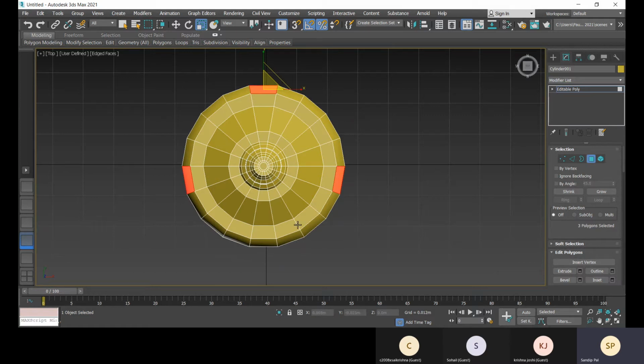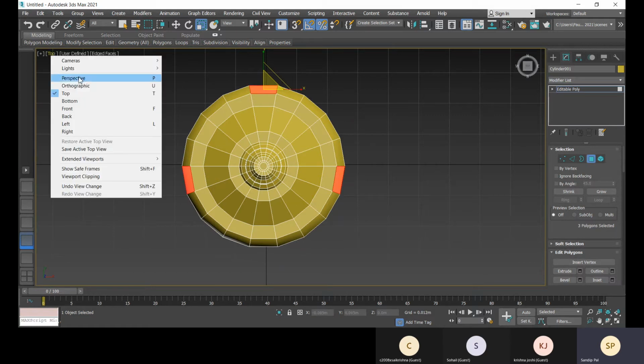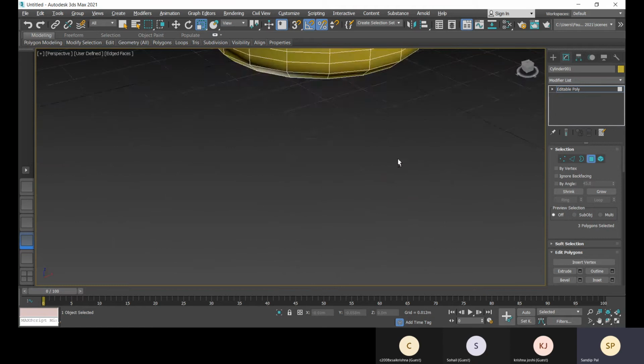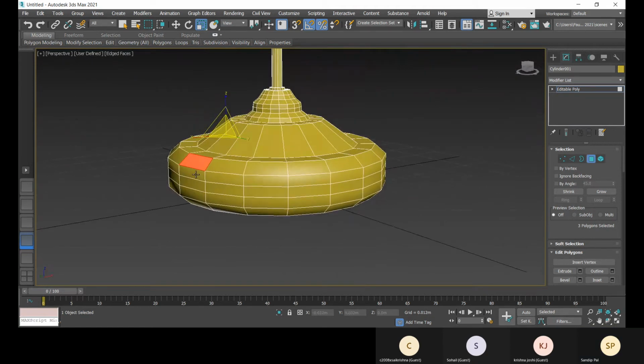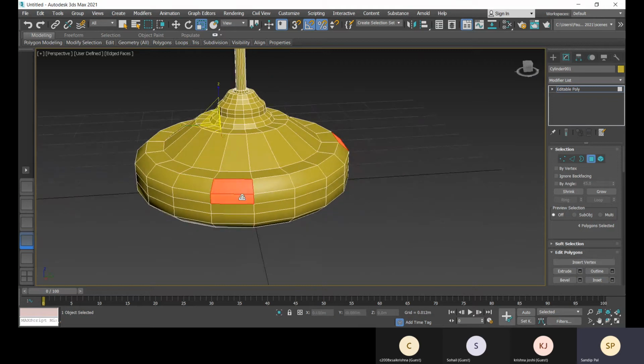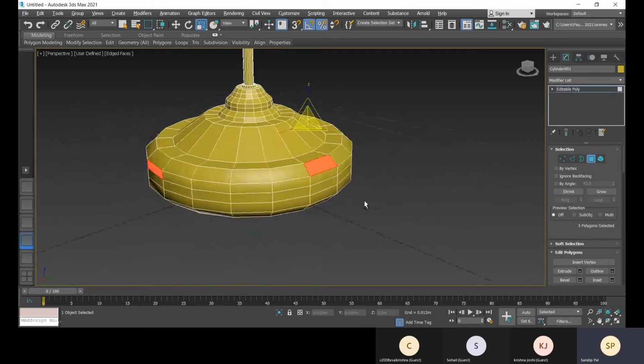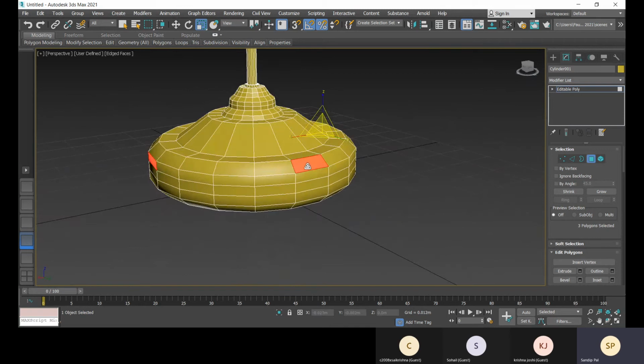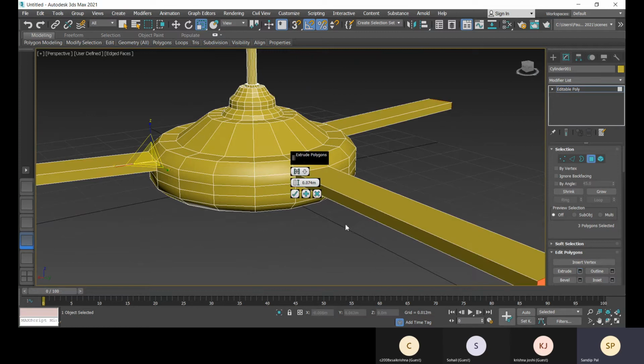Okay. So go to perspective, extrude option is there.